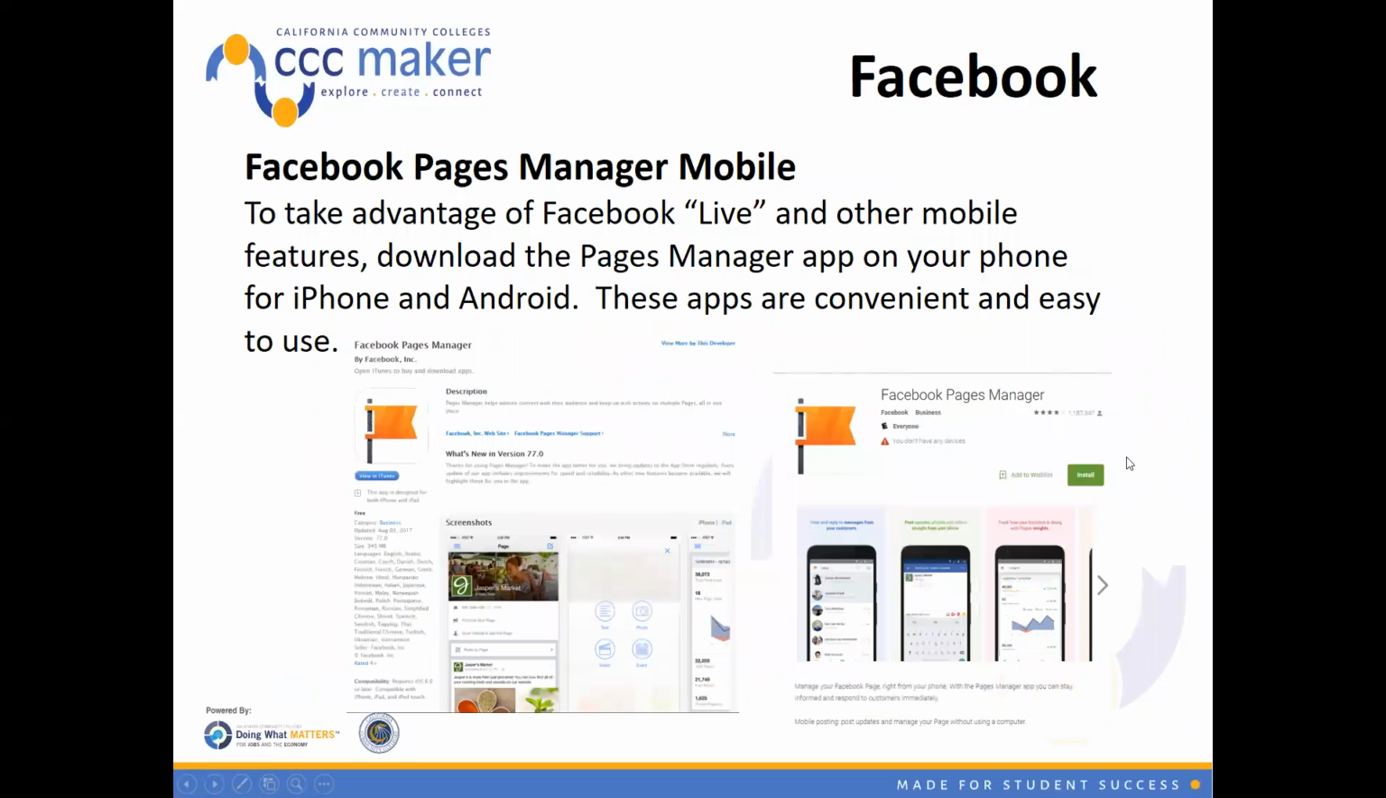Also on the mobile apps, there's a Facebook Pages Manager. So not just the general Facebook mobile app, but the actual Facebook Page Manager. This is a great tool to have, and you're going to want it if you're going to do any live videos